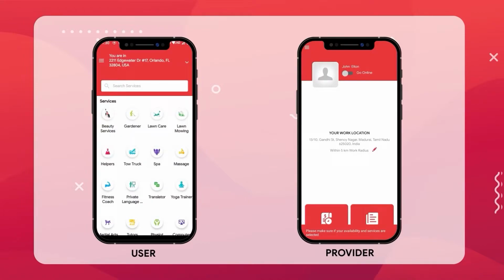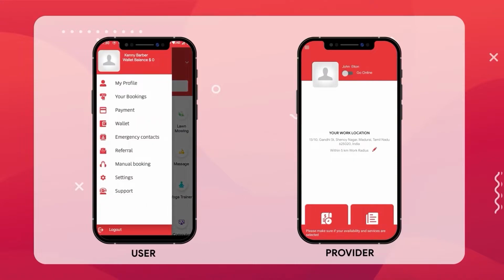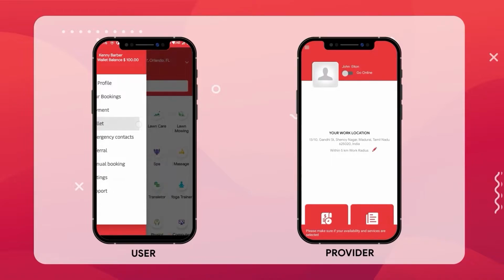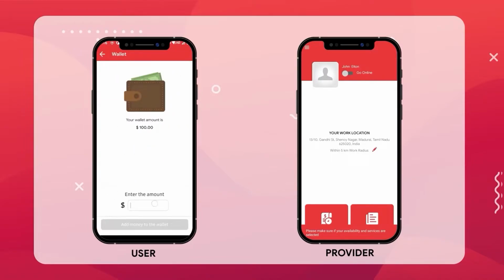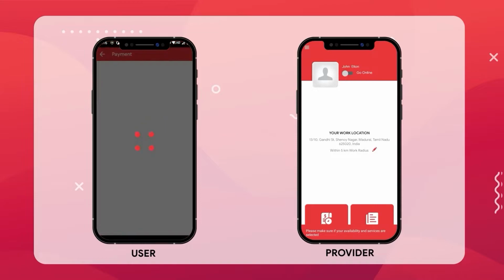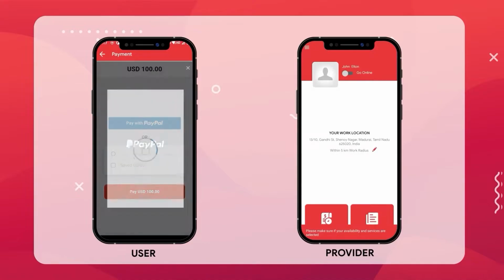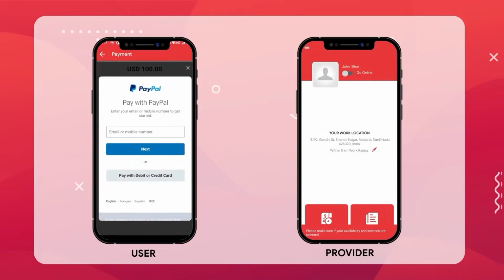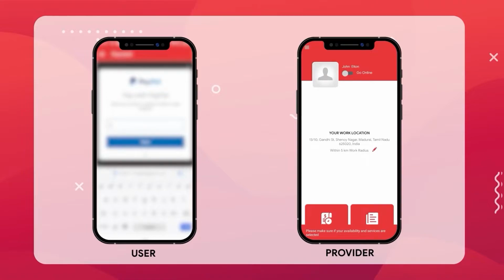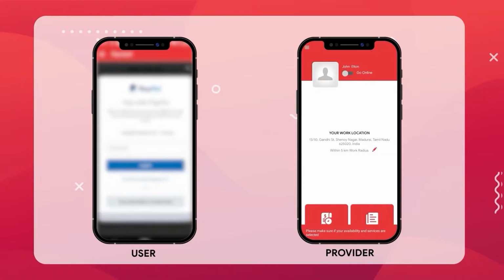Now let us see how to load the balance in the wallet. Click the wallet option. Add amount and enter the amount you want to add to the wallet. You can either use PayPal or card method to make the payment. Now we have selected PayPal and the payment processing is going on.